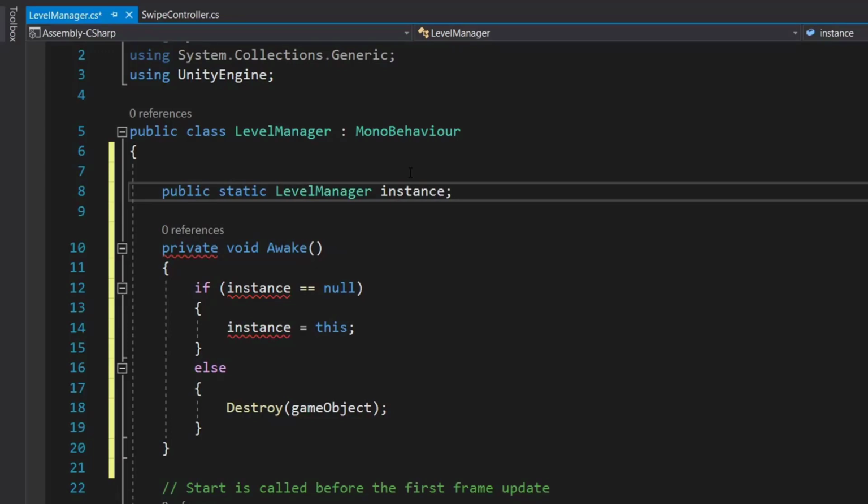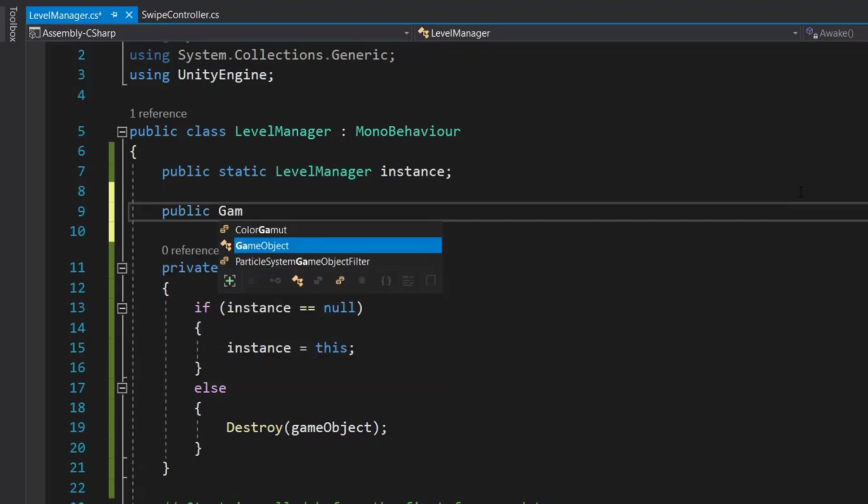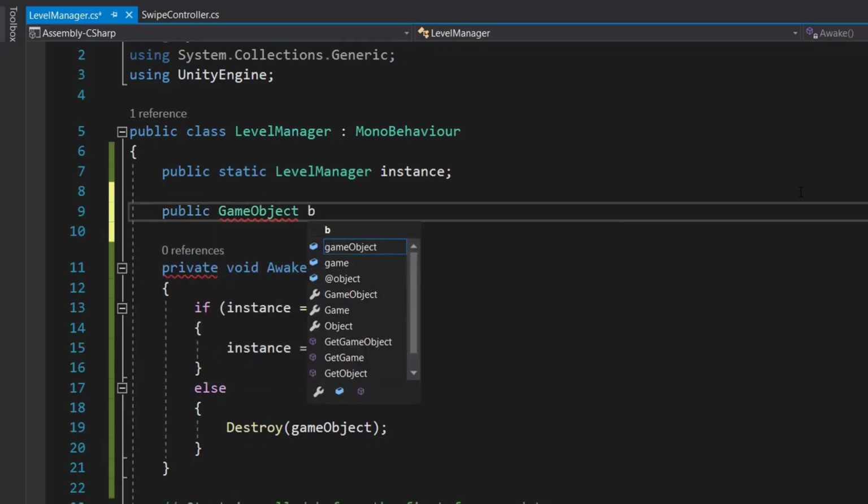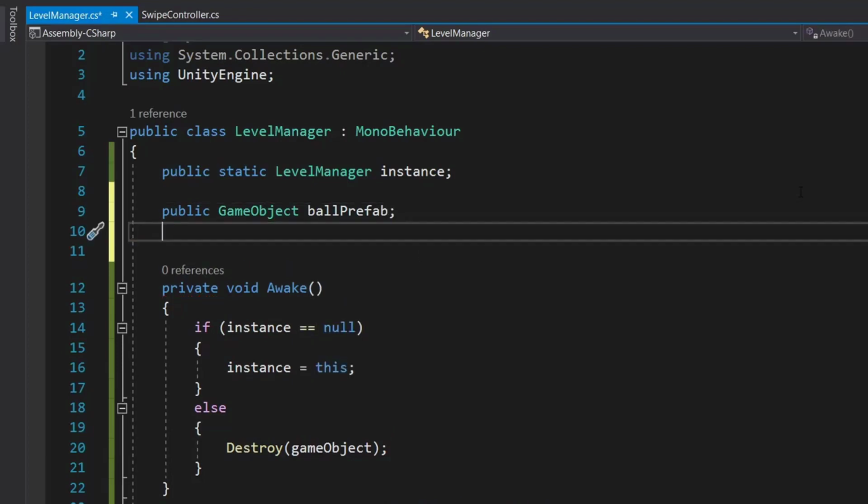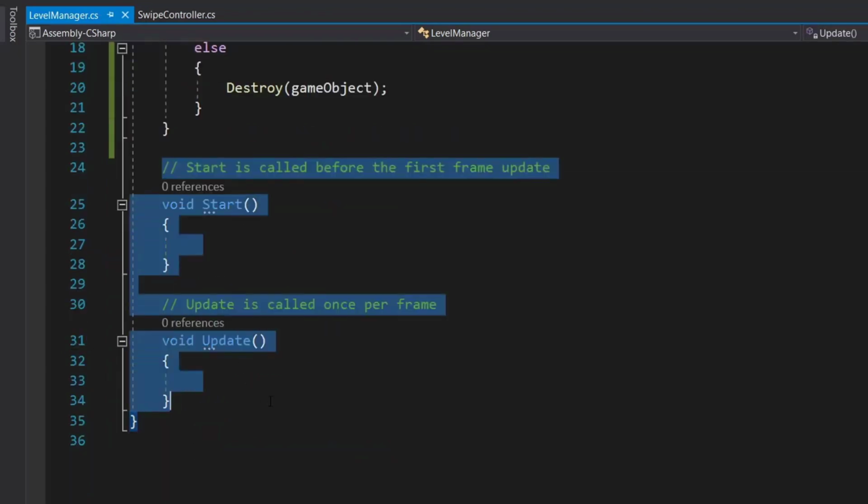Here we will have a reference to our ball prefab, so we'll create a public GameObject ballPrefab variable. Then we will also have a reference to our ball spawn position, so we'll create a public Transform ballSpawnPosition. Let's remove this, we don't need them.